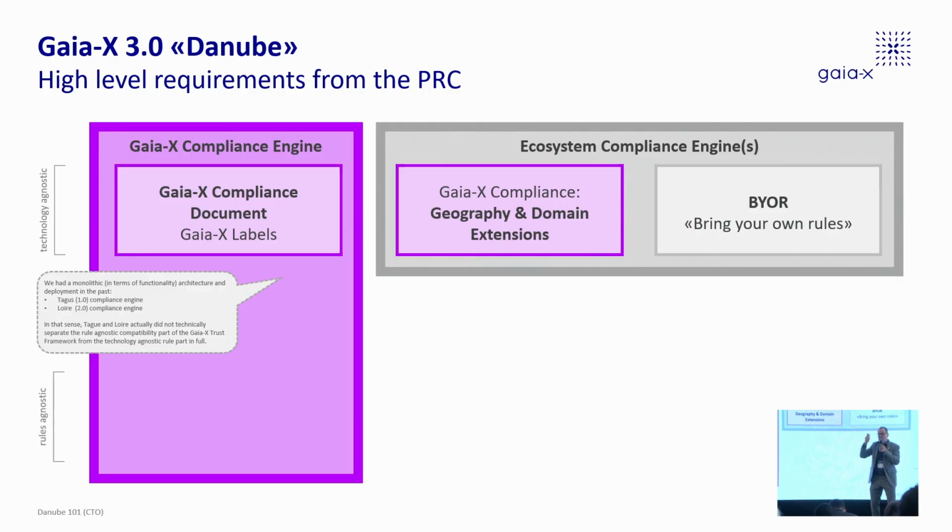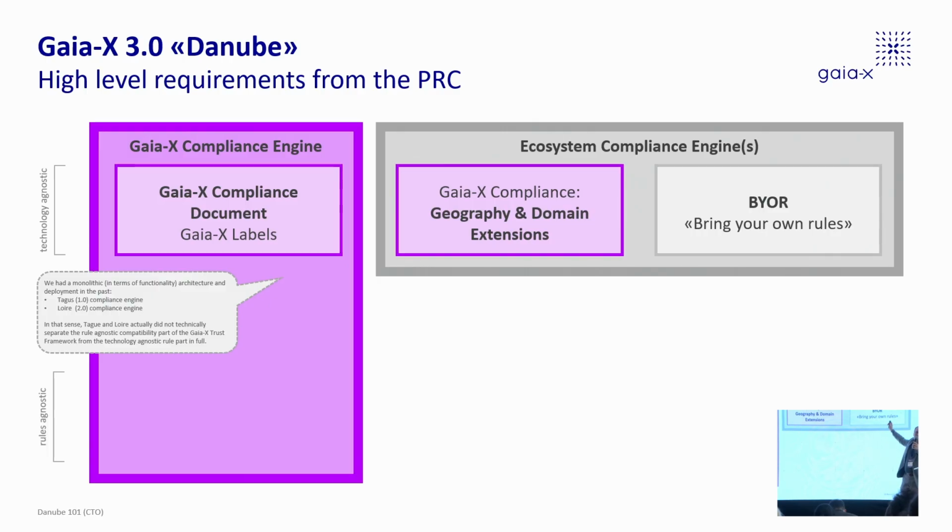So the realization was that we will have ecosystems which will bring their own set of rules. And this is why it's gray. This has nothing to do with the Gaia-X values, rules, etc. It's just for ecosystems. And we want to allow that because it's unthinkable that the whole world will adopt a single compliance document done by very engaged members at the Gaia-X Association. That never works. The IRA Foundation tried to do that a couple of years ago, still try to do that, and look where they are. There is zero adoption.